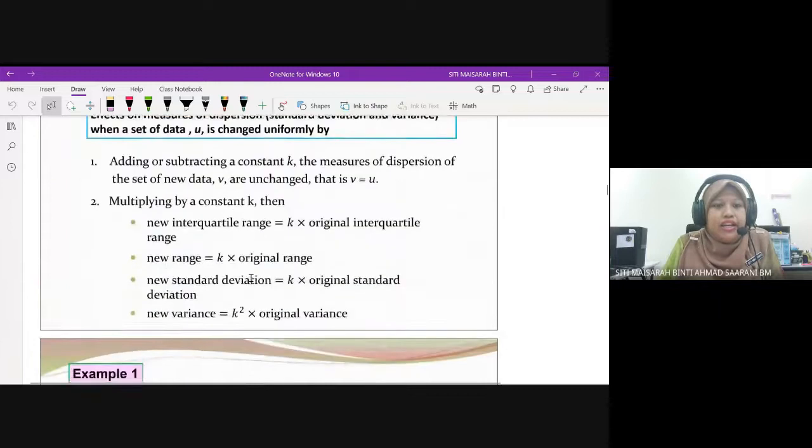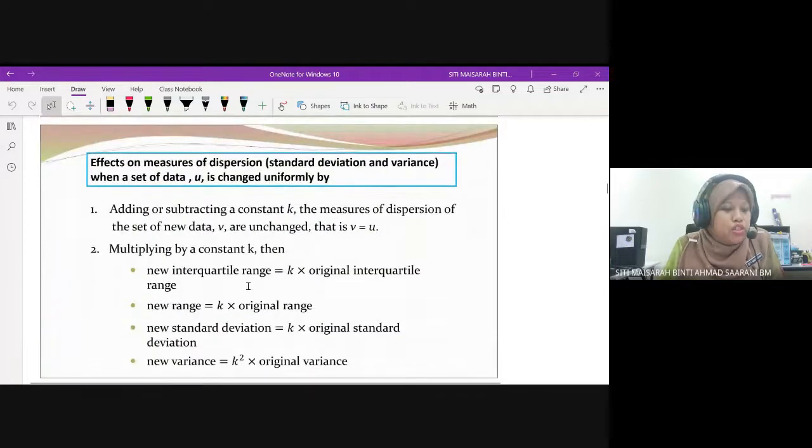Alright, and then effect on measure of dispersion. Sama ada standard deviation ataupun variance lah. When a set of data U is changed uniformly by, okay, yang pertama kalau kita tukar dengan adding or subtracting a constant K, the measure of dispersion of the set of new data V are unchanged. So dia sebut kat sini,